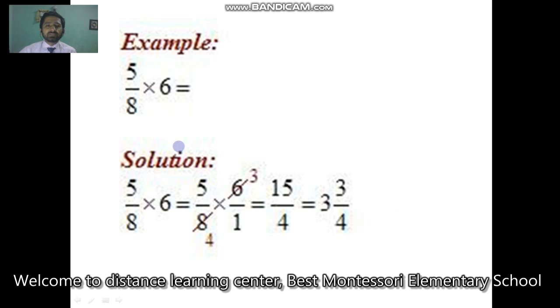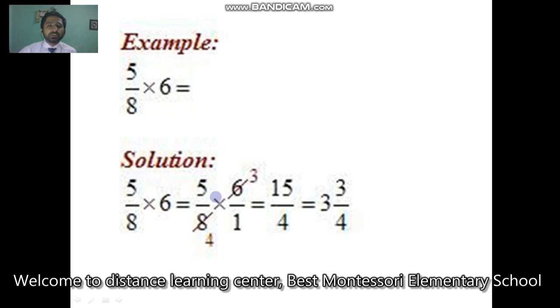Let's look at some examples. Here I am with the multiplication of a fraction and a whole number. The whole number is 6. If we have to convert it into a rational number or a fraction, 6 becomes 6 divided by 1. 6 means 6 divided by 1. Now that means 6,